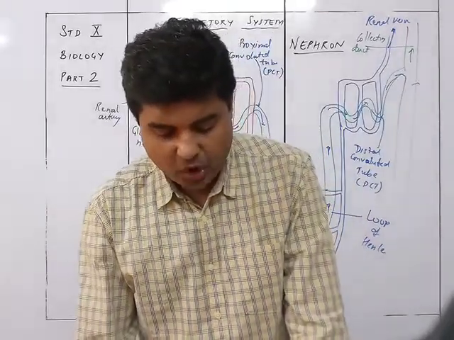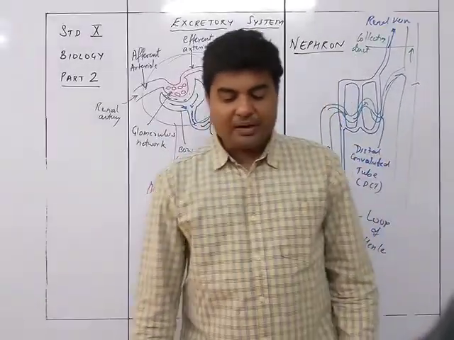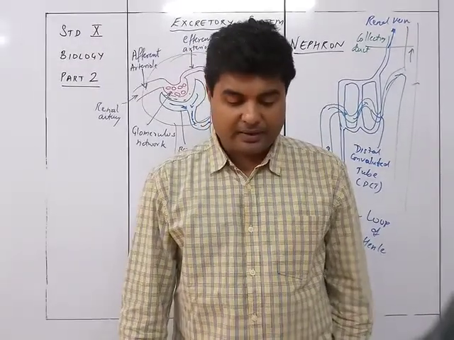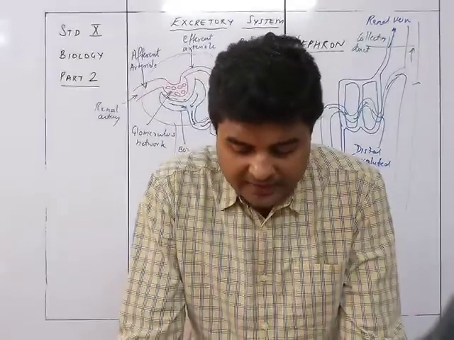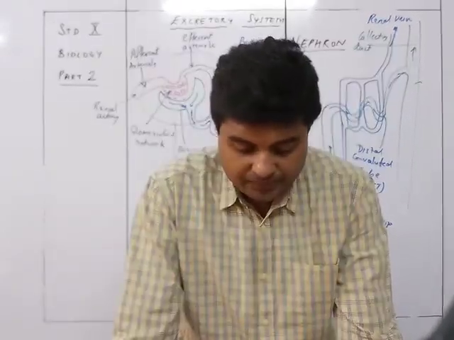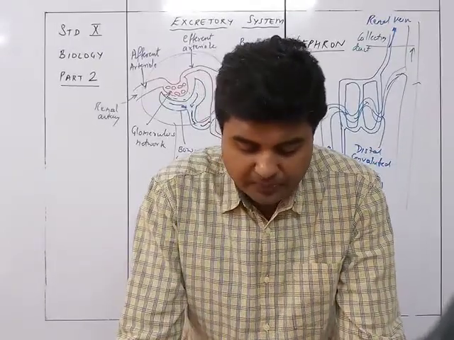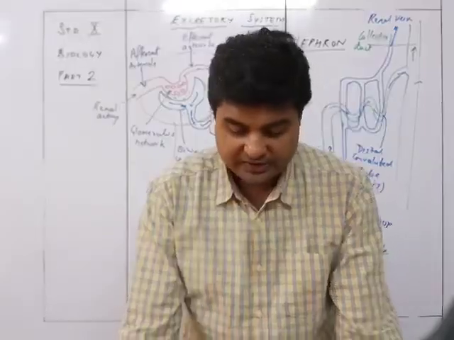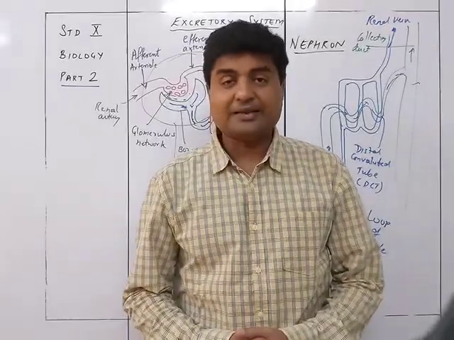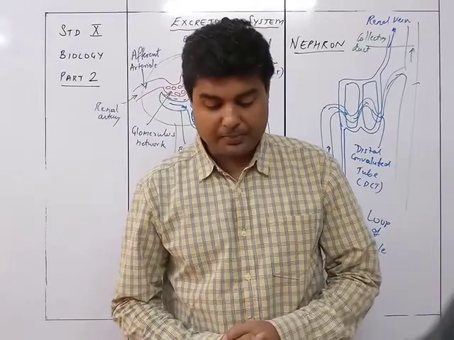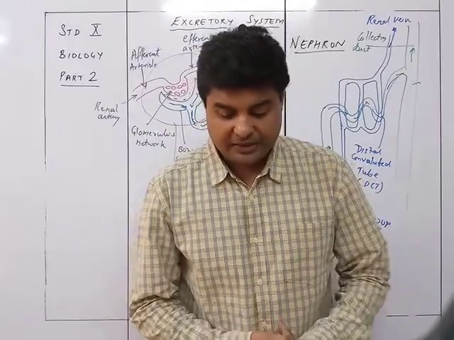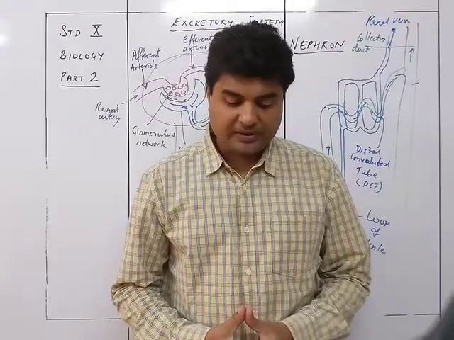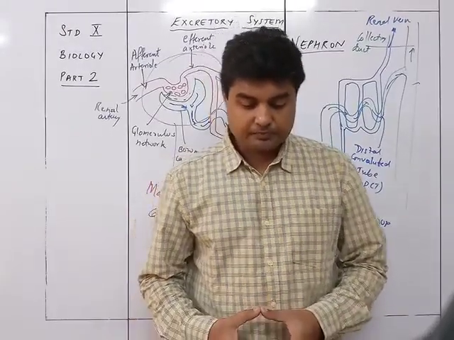So you can see organic wise, the grams per liter of organic material: urea will be 2.3 grams per liter, creatine 1.5 grams per liter, uric acid 0.7 grams per liter, others 2.6 grams per liter. Whereas inorganic substances like sodium chloride will be 9 grams per liter, so that's the maximum part. Potassium chloride 2.5 grams per liter, ammonia 0.6 grams per liter, others 2.5 grams per liter.